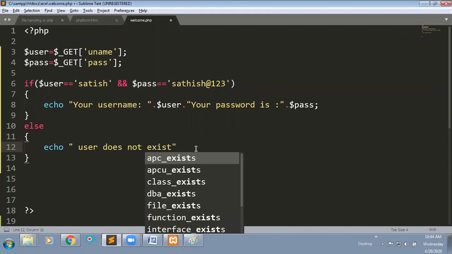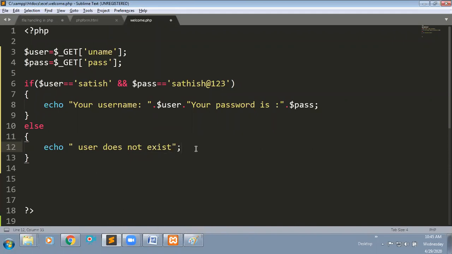It's simple, just for validation purposes, just checking the condition. If user equals this Satish and password equals this one, and I enter the same fields, I will get the message welcome the user and password is this one. Otherwise, if I enter some other details, I need to give the error message as user does not exist.